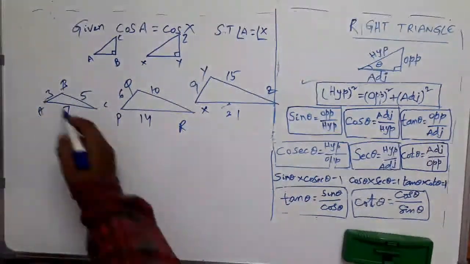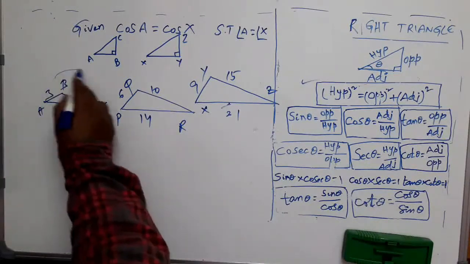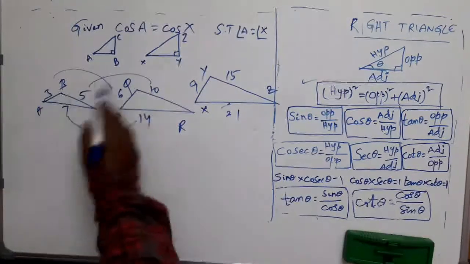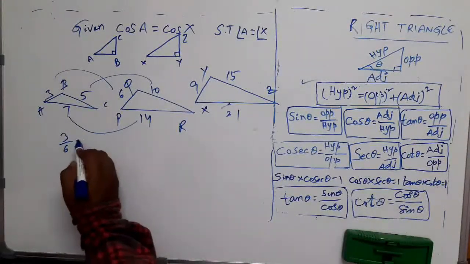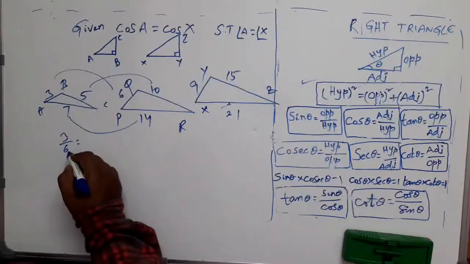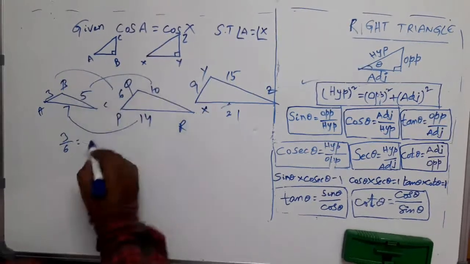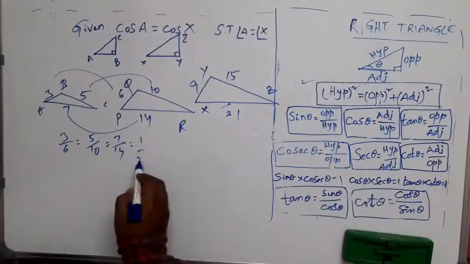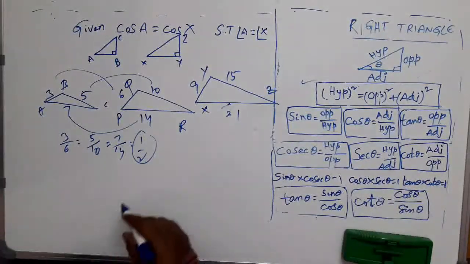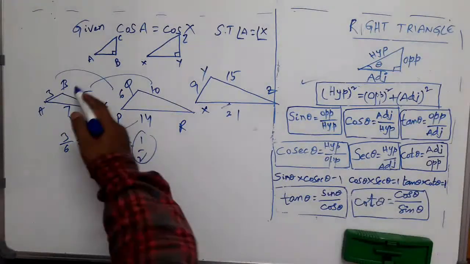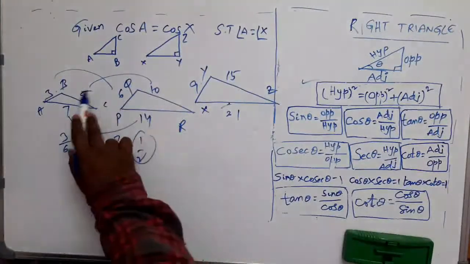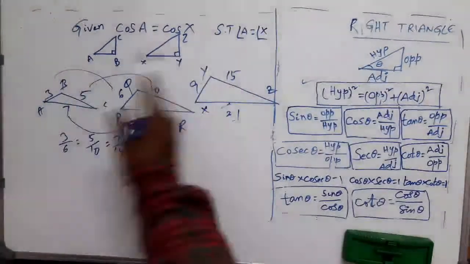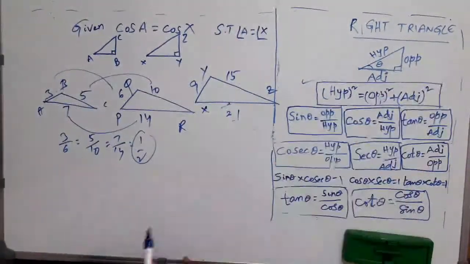I have taken them in such a way that the ratios of the sides are equal, right? See, 3 by 6 is equal to 1 by 2, right? 3 ones, 3 twos. 5 by 10, 7 by 14. Is it not? Yes, the same ratio, right? Here also, 3, 9, 3 times. 5, 15, 3 times. 7, 21, 3 times. Corresponding sides are in the same ratio.